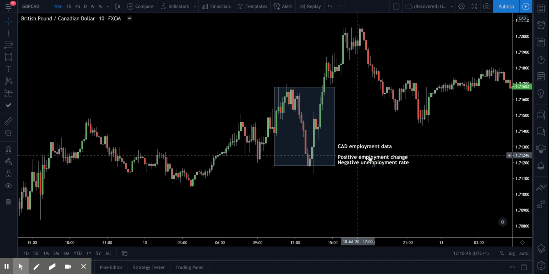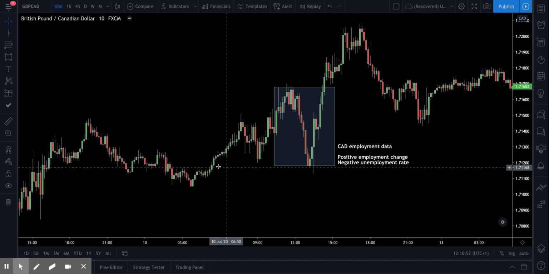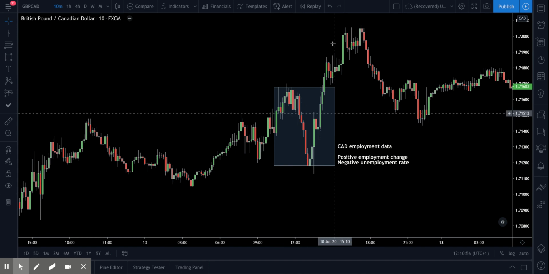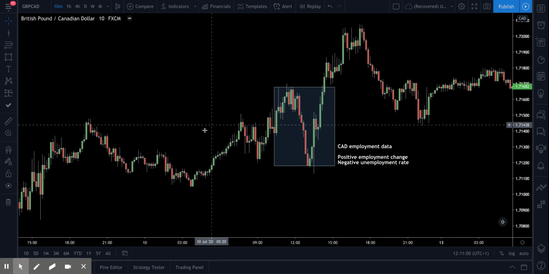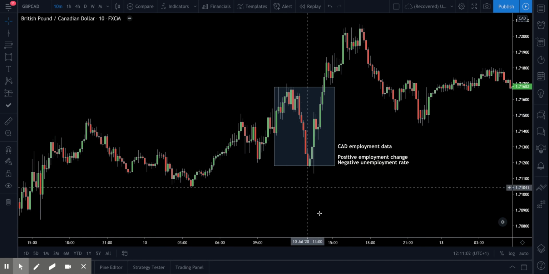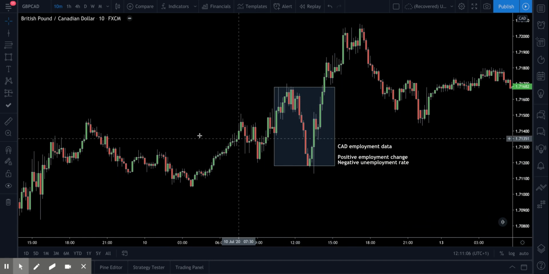On the contrary, though, with the positive employment change, 700,000 new jobs were expected, and actually 952,000 came through. So that is quite a big leap above the forecast in jobs. Now, what this causes is a mixed message in the market. We had a downside run and a big upside spike then.